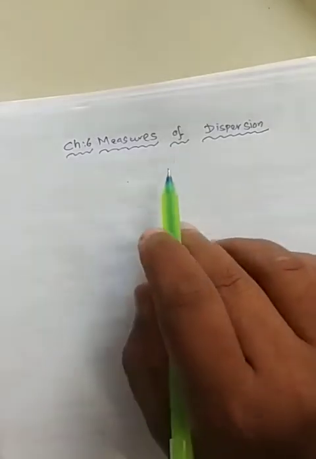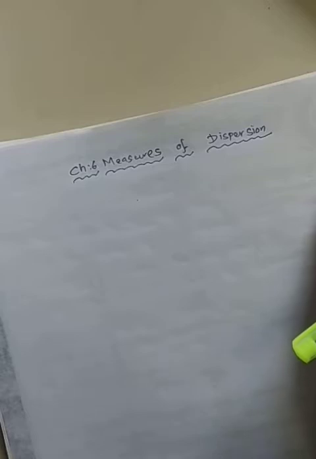Chapter 6 we will go to now. What is chapter 6 saying here? You can see here chapter 6, measures of dispersion. Actually, if it were a live class it would be good. We are doing a WhatsApp class, that's why I'm not able to explain those things. So now we will explain these things.